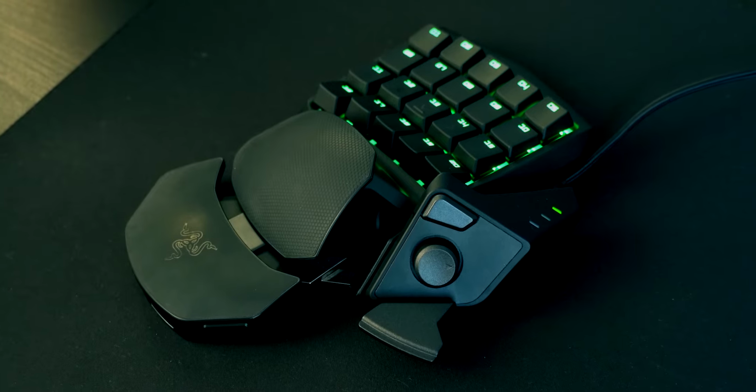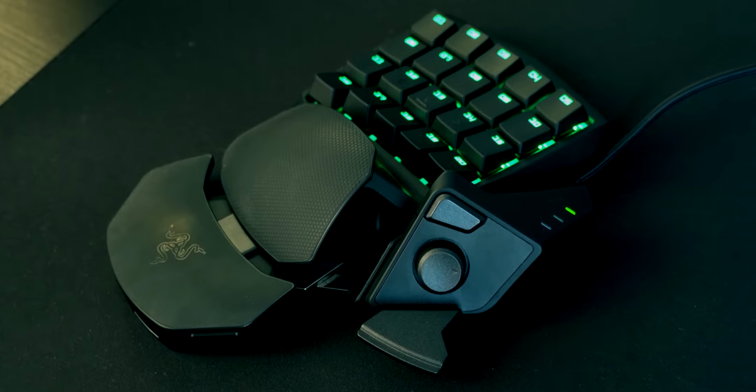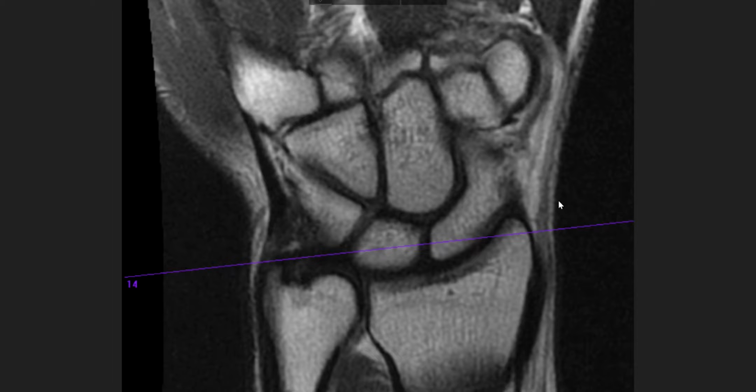Hey guys, this is my review of the Razer Orbweaver Chroma, a gaming keypad from Razer, from the perspective of a temporarily one-handed gamer. For the past year, I've been dealing with an injury to my right wrist called a TFCC tear. About 6 weeks ago now, it unfortunately came to a head, and I needed to start a short-term disability from work due to not being able to do basic things like use a mouse without pain or risk